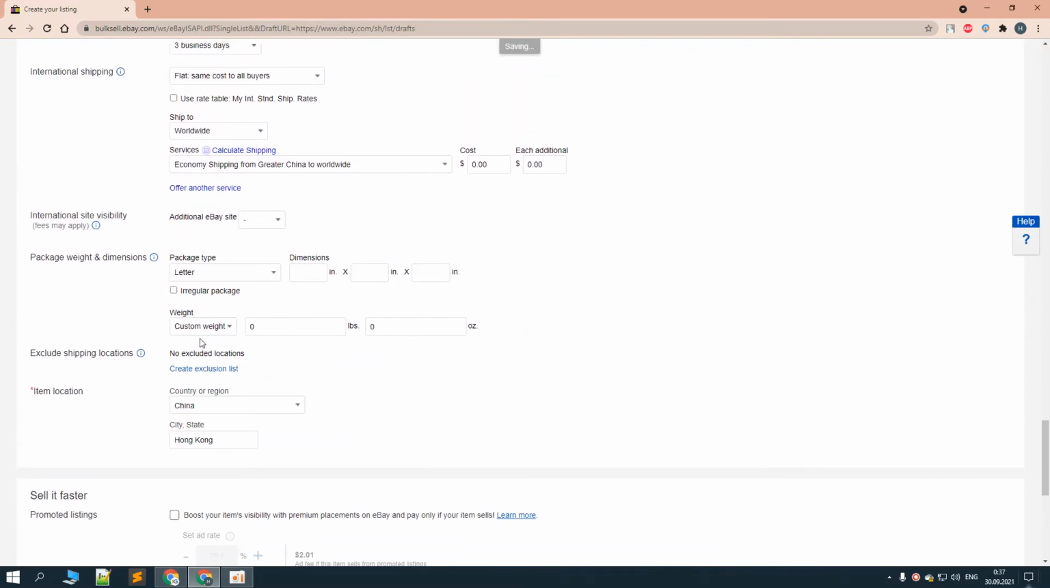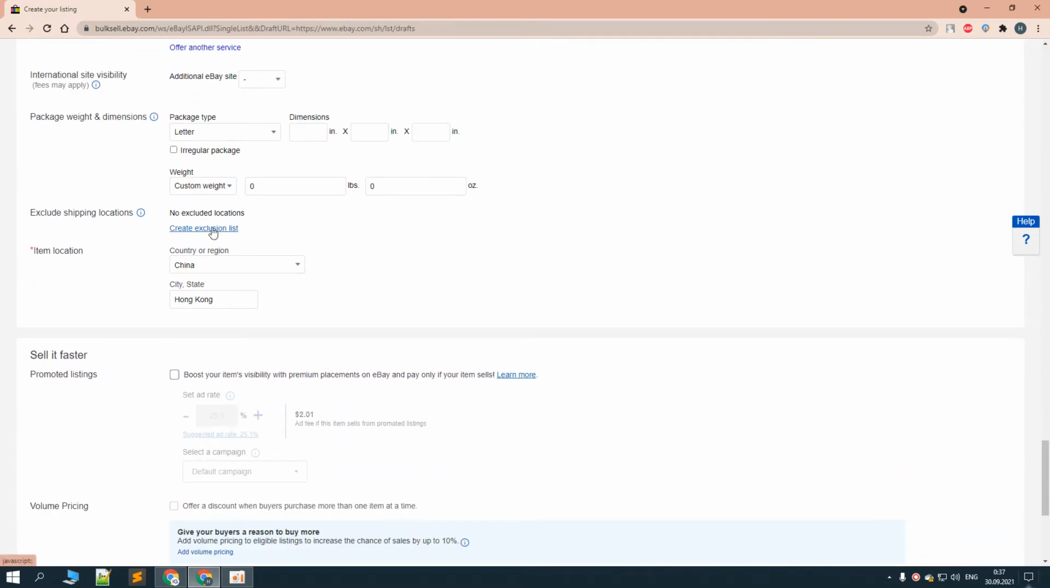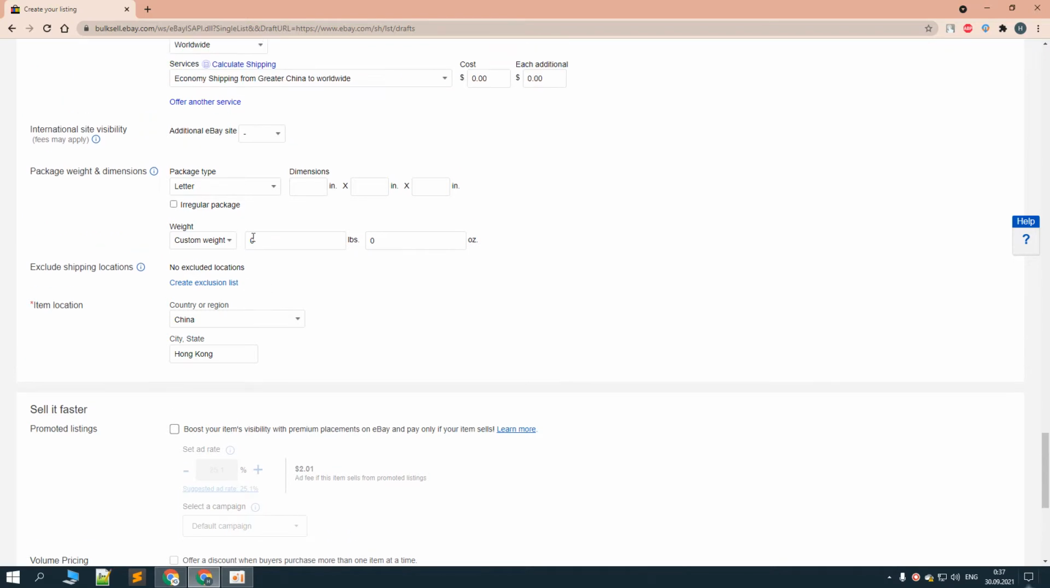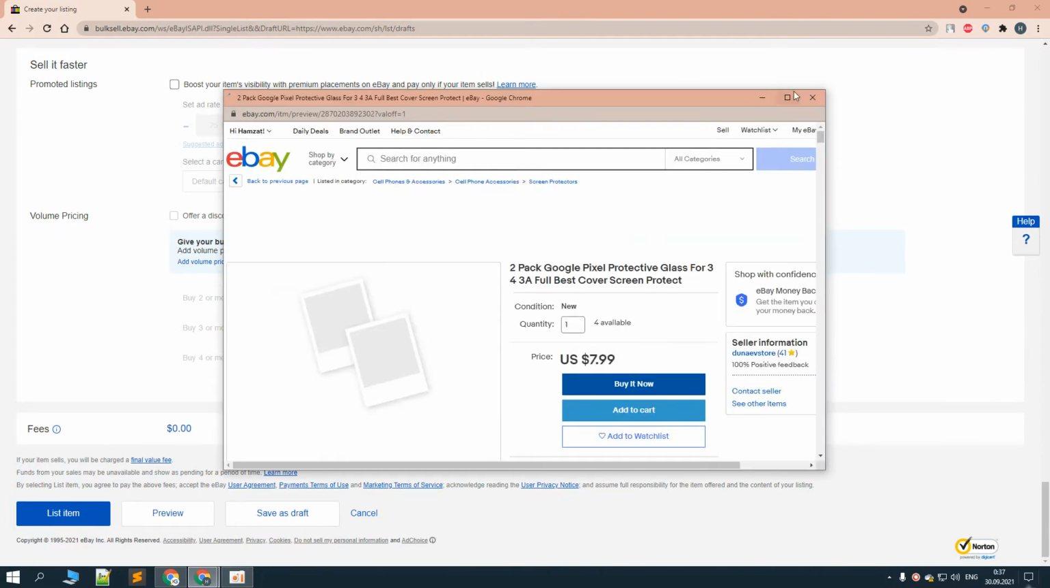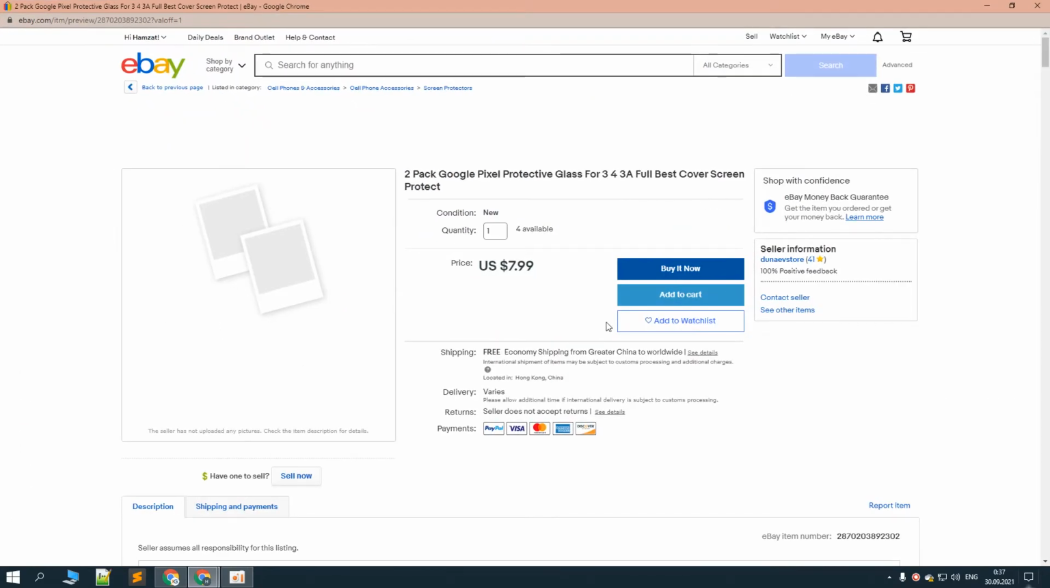And also very important, here we can create a list of countries that we don't want to ship to, because each seller may ship to a certain list of countries, and they also exclude some of the countries. And if we scroll down here we can see the preview button that will show us what this listing will look like when it's finally published. But currently we don't have any images set to this